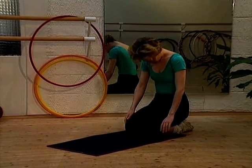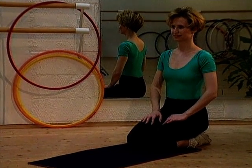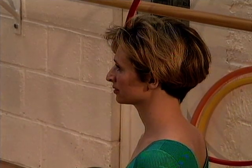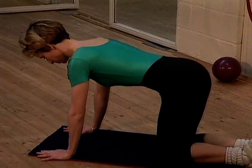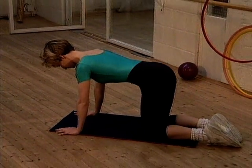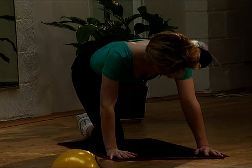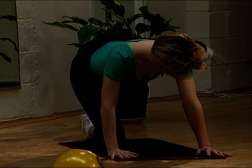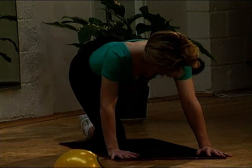This is the last exercise of the buttock muscles. Again, we're going to start on our hands and knees. This time you're going to lift one knee to the side and then bring it back down, keeping your leg bent. And lift and down, quite fast, 3 and 4 and 5 and 6 and 7 again, and lift,